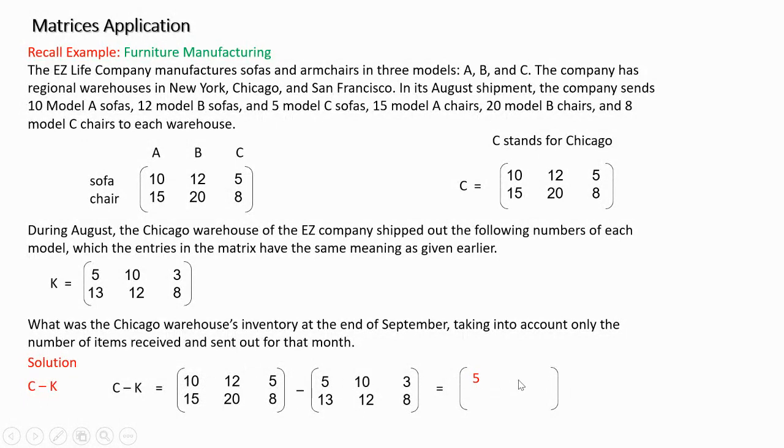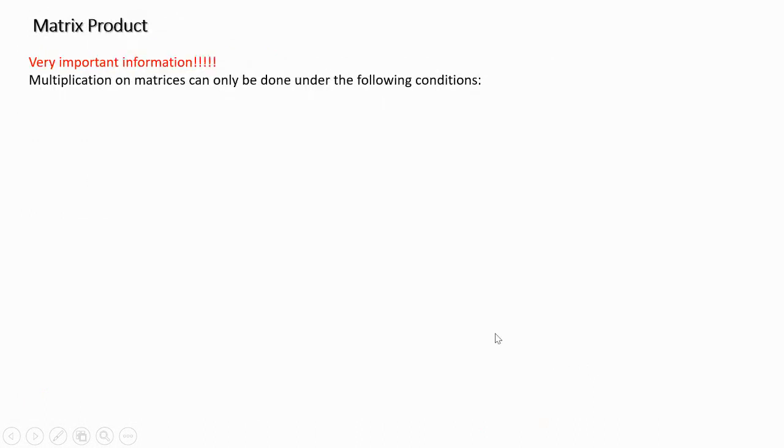12 minus 10 is 2. 5 minus 3 is 2. 15 minus 13 is 2. 20 minus 12 is 8. And 8 minus 8 is 0. So this is what's left at Chicago's warehouse. Okay, now comes the matrix product,